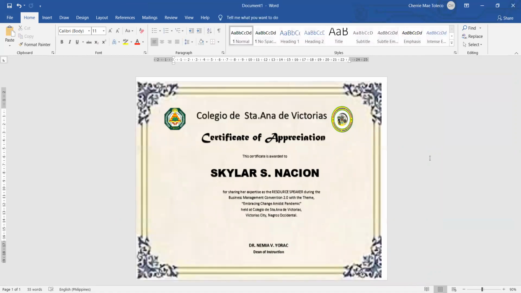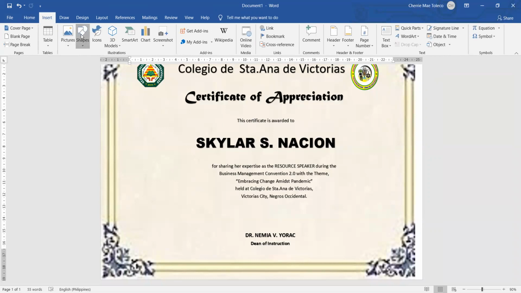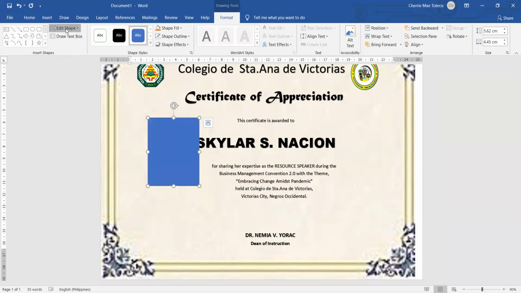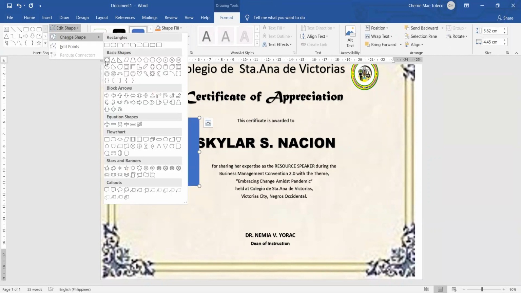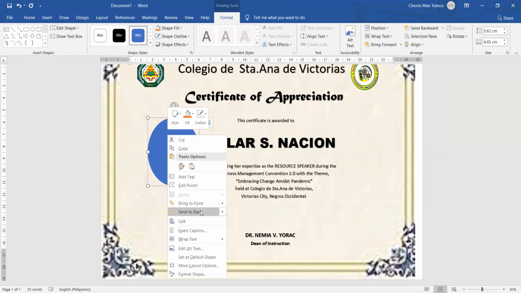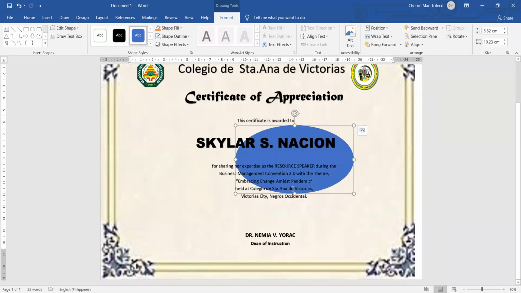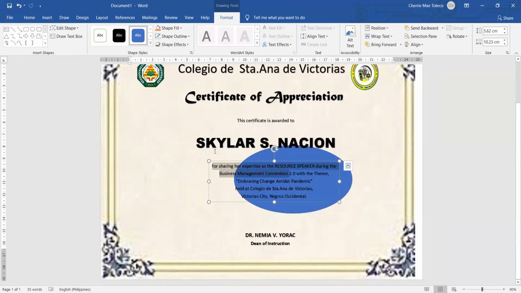And if you want to insert here another picture here at the center, okay, you can just add another shape. Okay, let me make it, or I want to change the shape into oval. Okay, and then we'll send this to back, and then click this big shape and send to back so that this one will be in front. Okay, so adjust, and then